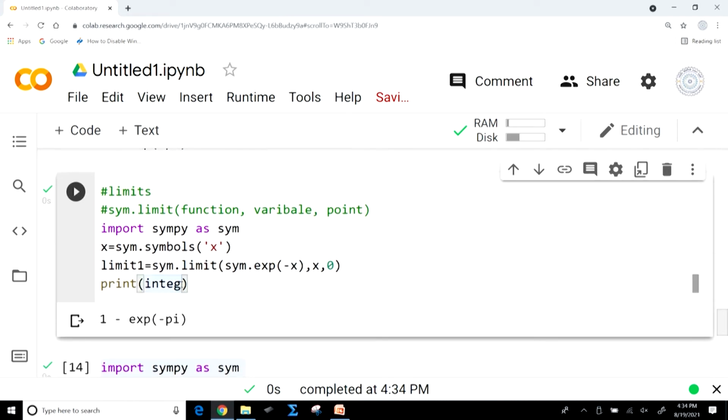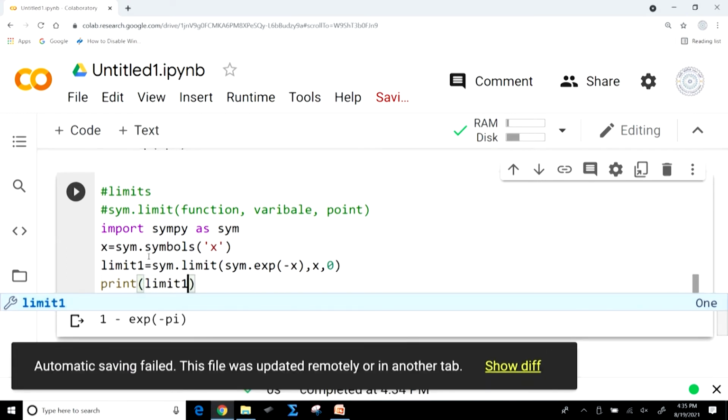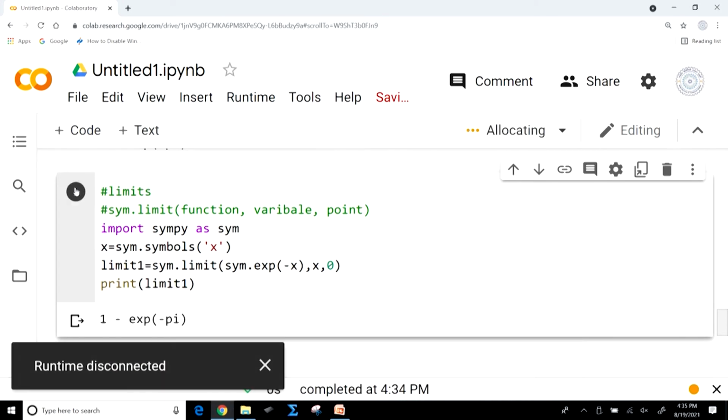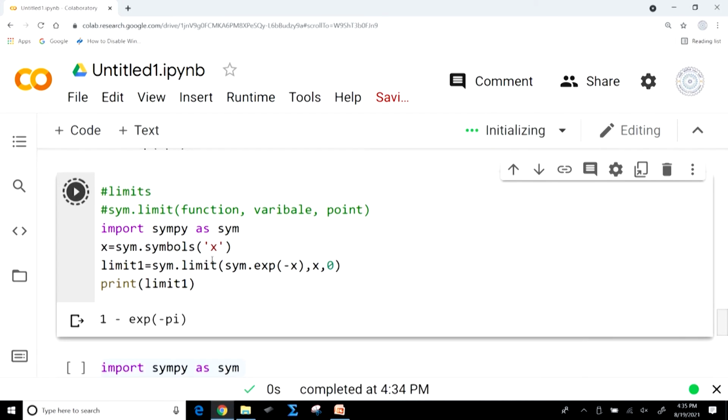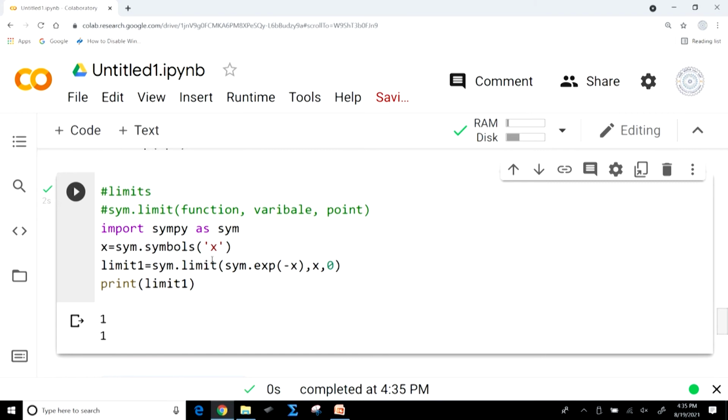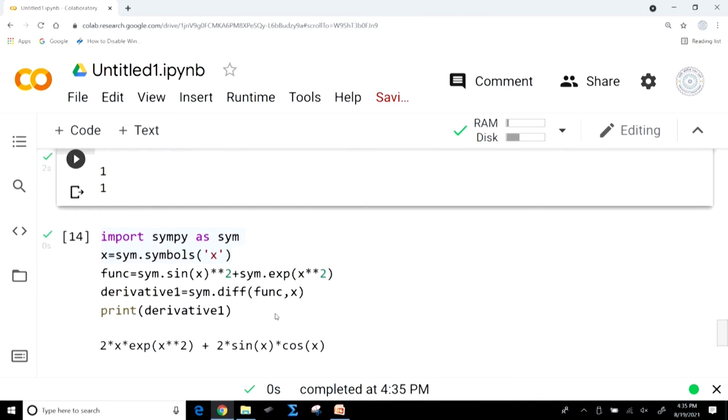Okay, we have to change here also. The print we want to find, print is limit 1. Okay. So, the value is 1. Okay. Similarly, suppose you want to calculate another limit